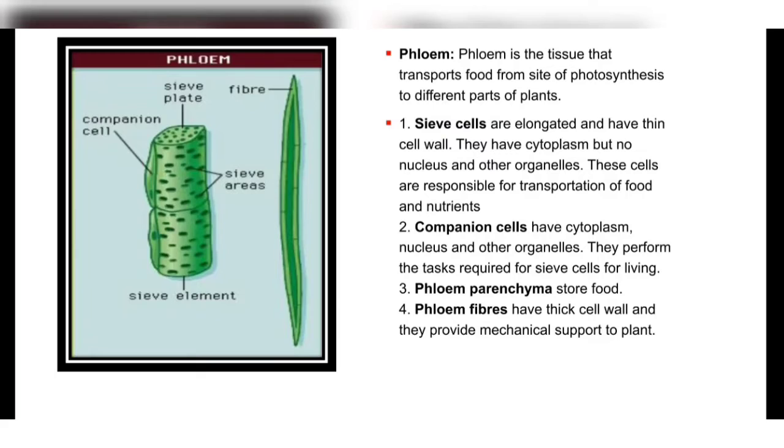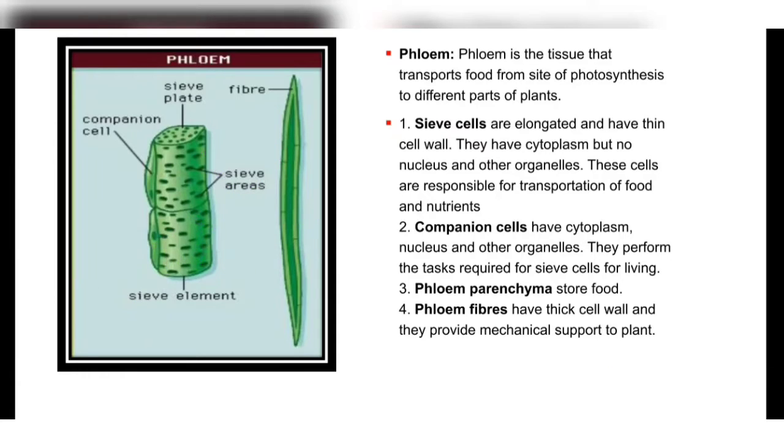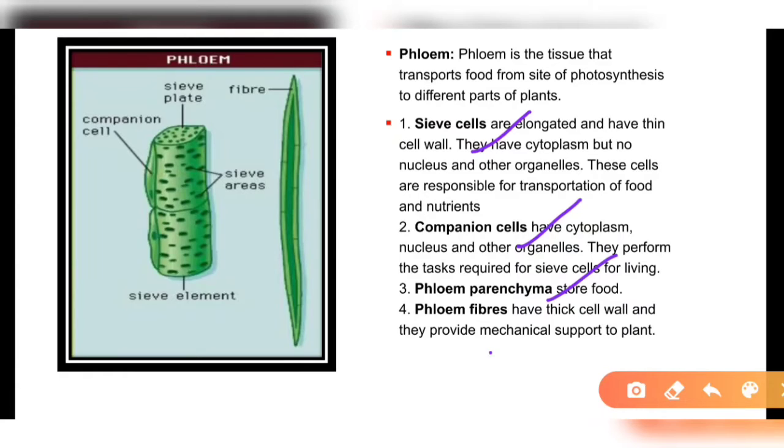It is also known as the bast. It is also a conducting tissue, right? It is made up of four other elements: sieve cells, companion cells, phloem parenchyma, and phloem fibers. Similar to the xylem parenchyma, phloem parenchyma also stores food. Xylem fibers or sclerenchyma, and phloem fibers, also have thick cell walls and provide